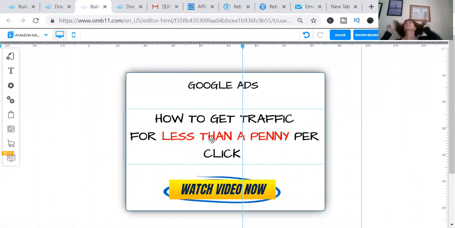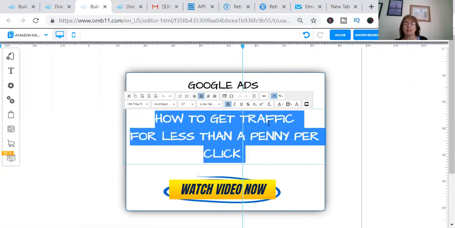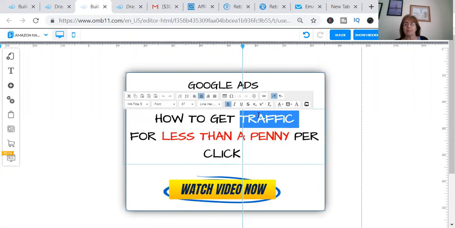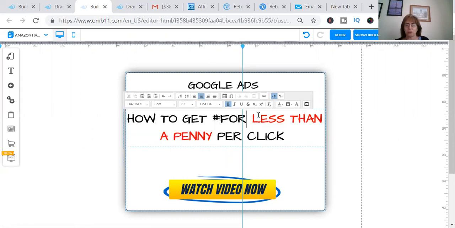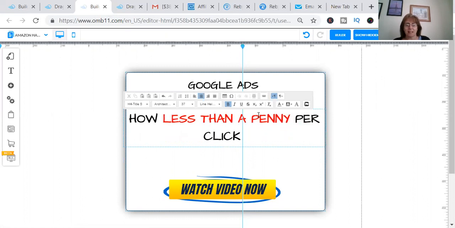I've got this capture page already set up. So I'm just going to show you quickly how easy it is in Builderall to edit a capture page. So I'm going to put the words Google Ads: How I got